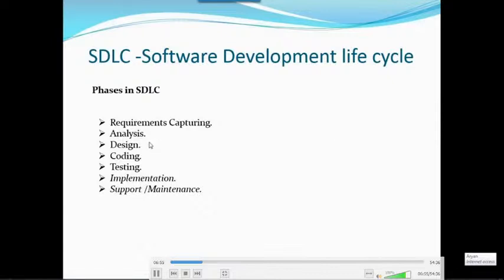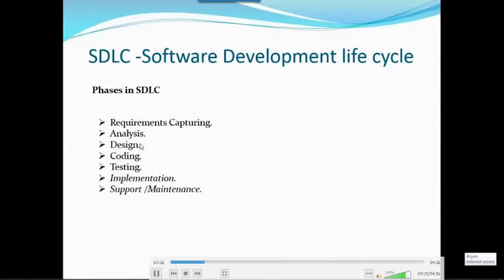Once the analysis part is done, risk analysis, risk strategy. There are a lot of things. All the projects we cannot do, right? See, I want resources. If resources are not there, then who will do the project? If the development team is not there, QA team is not there, then who will do this project? So the analysis part is also one of the most important. Once the requirement is done, then we go for analysis.